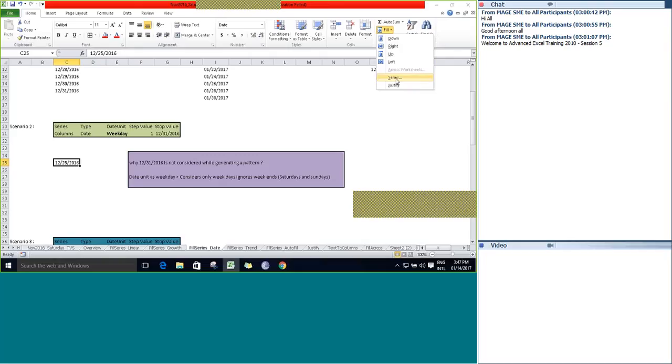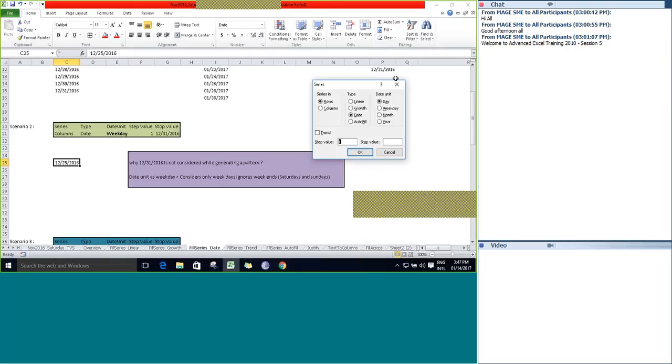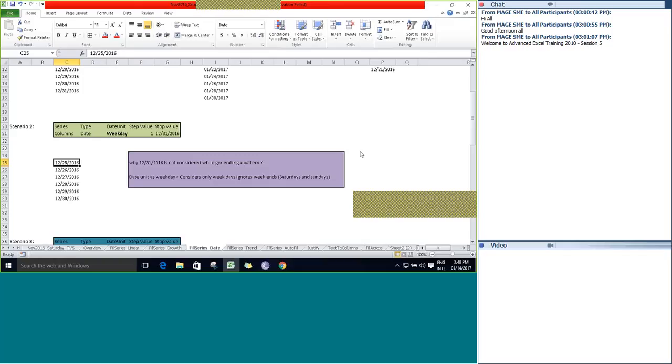Go to series and then select weekday and provide the stop value as 12/31/2016. Click OK.